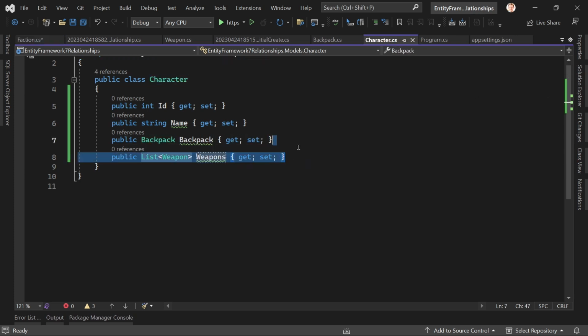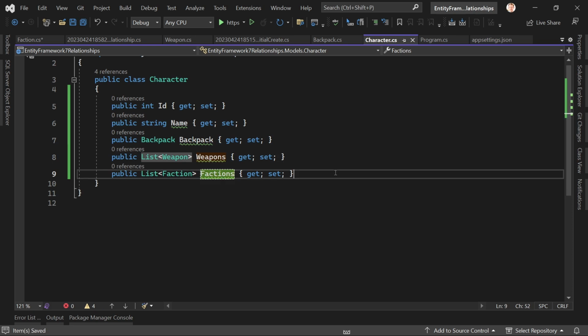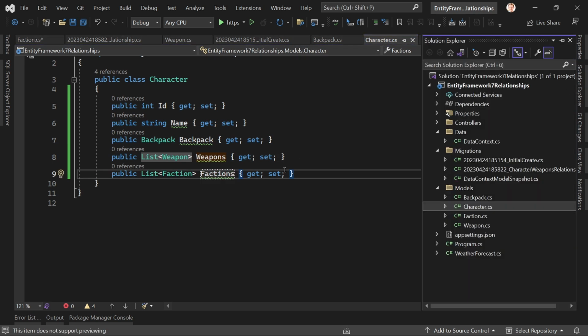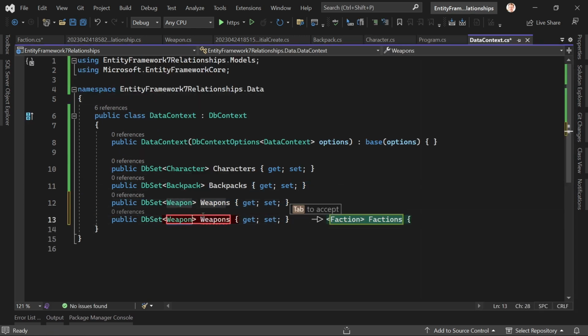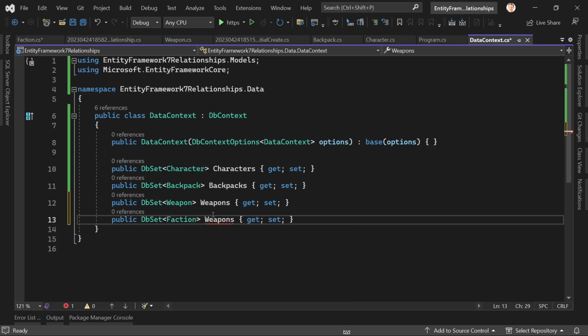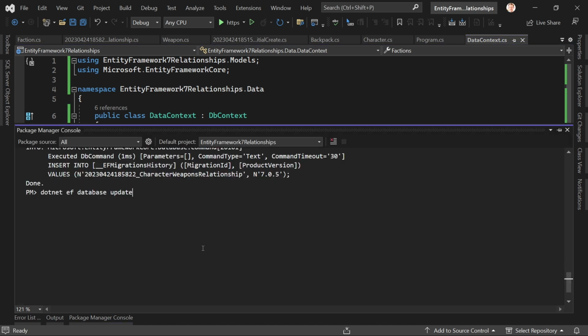In here we again add another list, but this time of course of factions. Now let's also add the database set. Here in the data context for the faction, we now say factions, save everything, and hopefully the last migration, right? So in this scenario now, this would be character, factions,